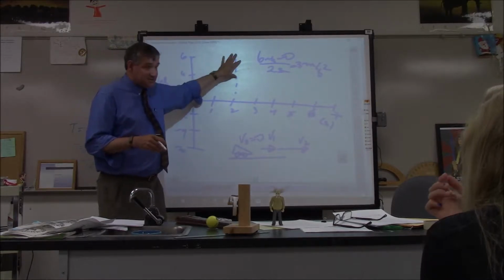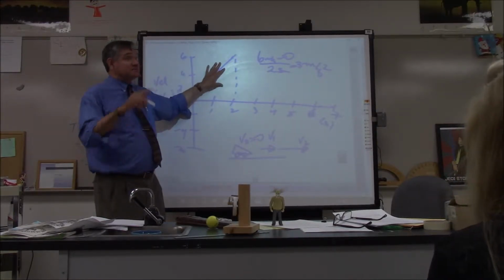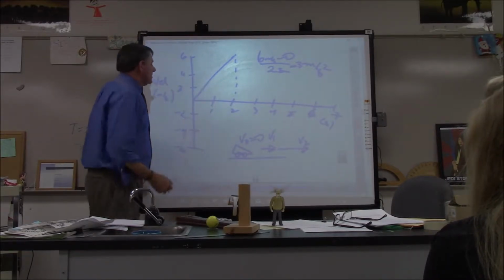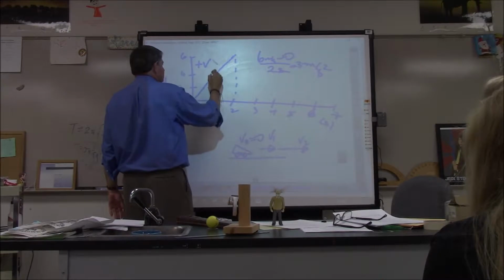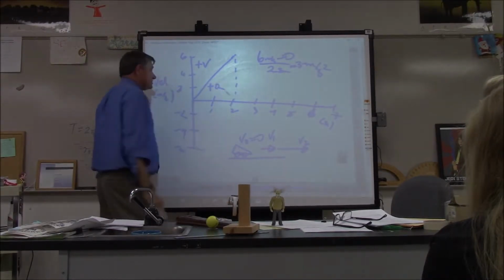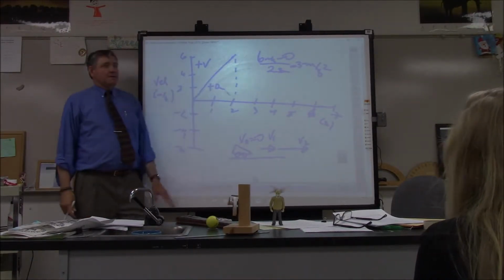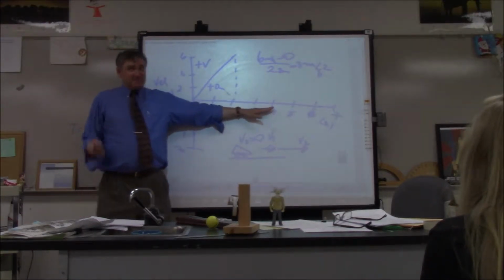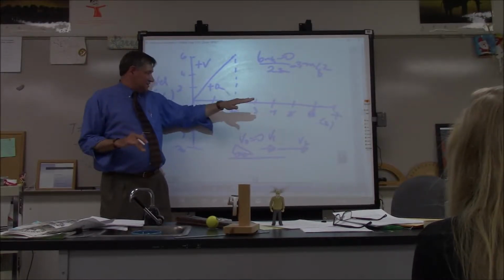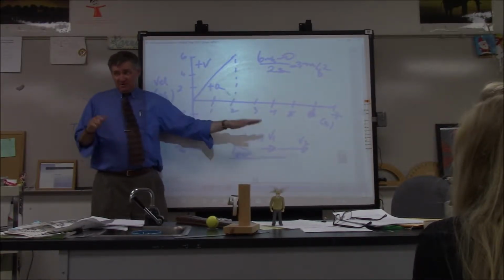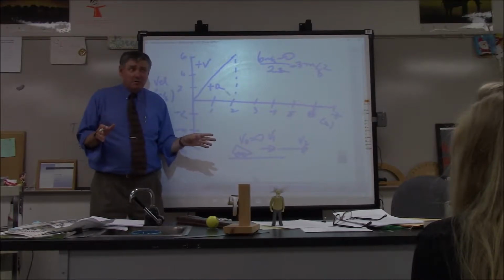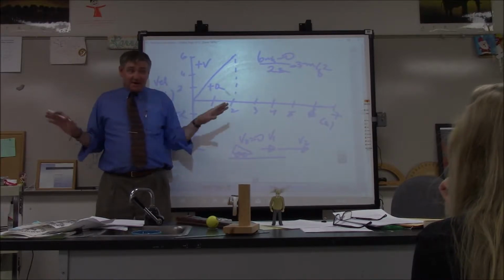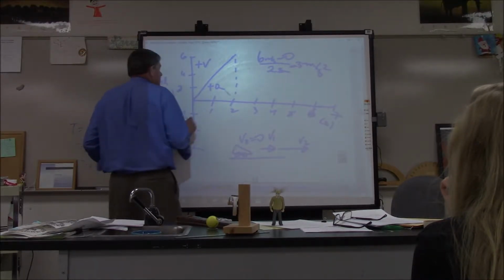So the slope represents acceleration, right? So if I have a positive slope, I also have positive acceleration. True? Okay. So here's what I want you to look at. I got positive velocity, I have positive acceleration. Am I speeding up? Yes. Even freshmen can't go any slower than 0. I've seen some try. Okay? If you're at 0 and this line moves, what do you have to do? Speed up, right? You cannot go slower than 0. Physically impossible.